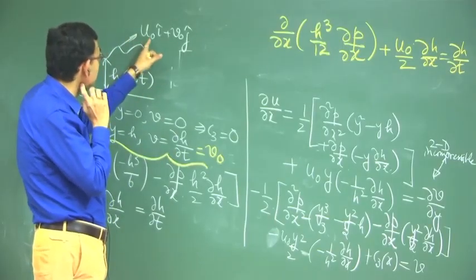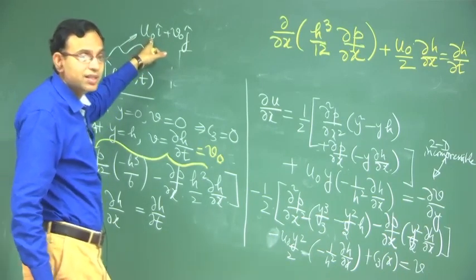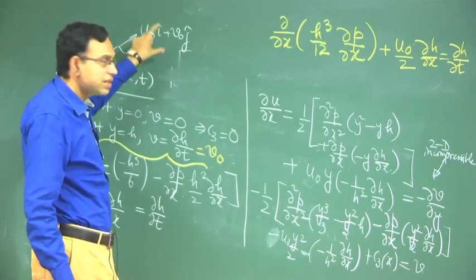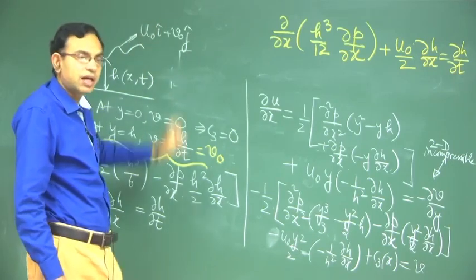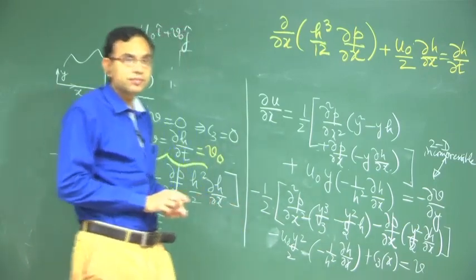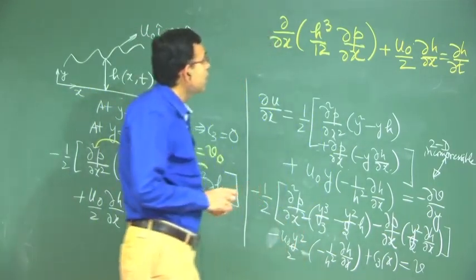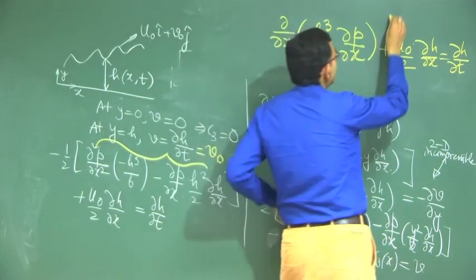But we have a finite u0 as well. U doesn't, u0 is not finite, that is what this has become 0 because of coordinate transformation, that is the whole objective of making this coordinate transformation, right. So the coordinate transformation has made this entire plate only having a vertical velocity and no horizontal velocity, that is the purpose of making that coordinate transformation, okay. So this one is called the Reynolds equation in lubrication theory, a very famous equation.